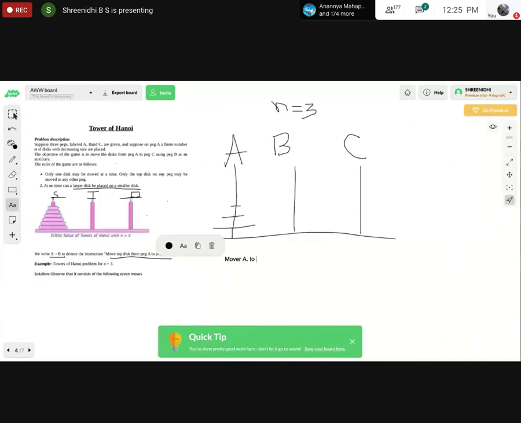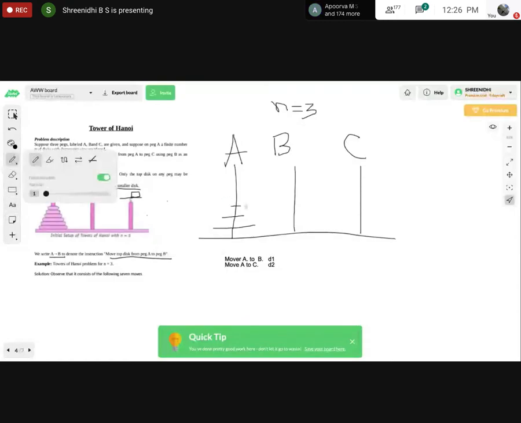I'll be using 2 only here because I don't have A2. First disk, this is smaller, to B. Next, move C. This will be a disk 1. So okay, I'll write as this only. I moved disk 1 here. Here I moved disk 2. So this will be your disk 1, 2 and 3. So this one I have moved to C and this one I have moved to 2.